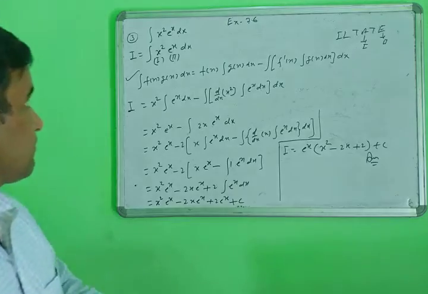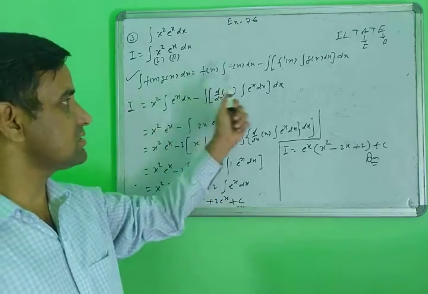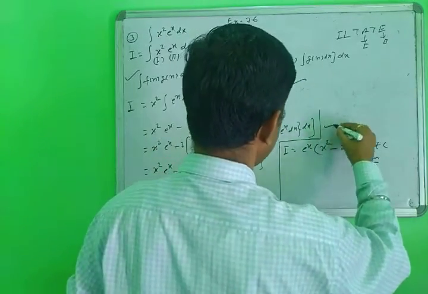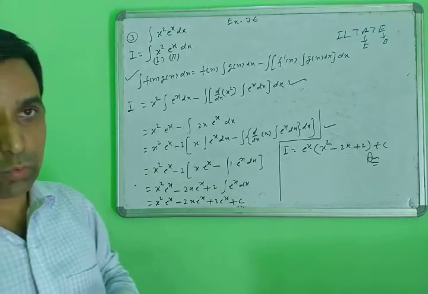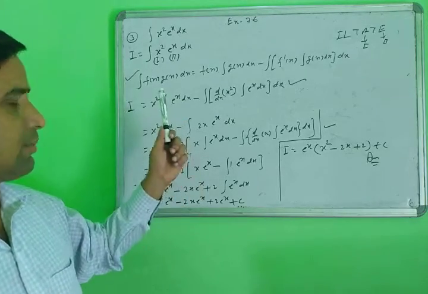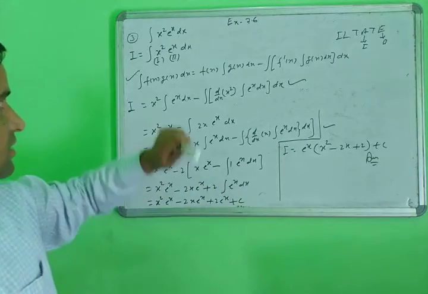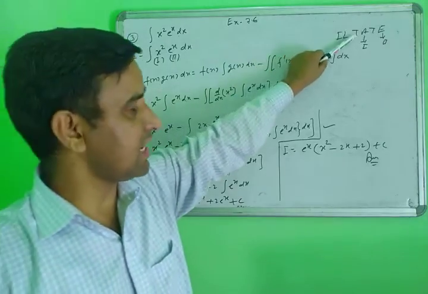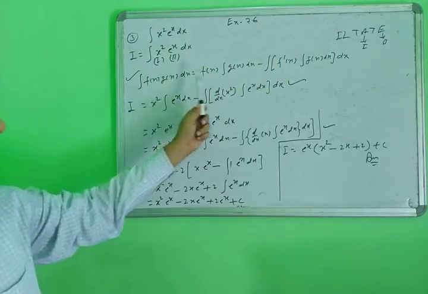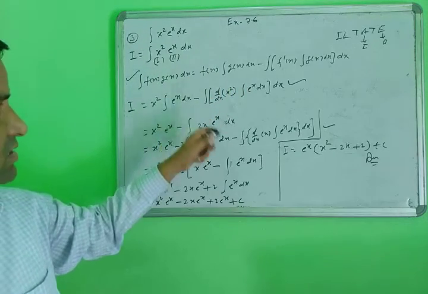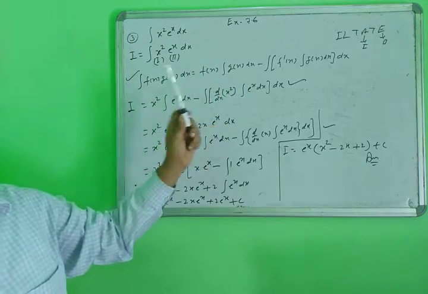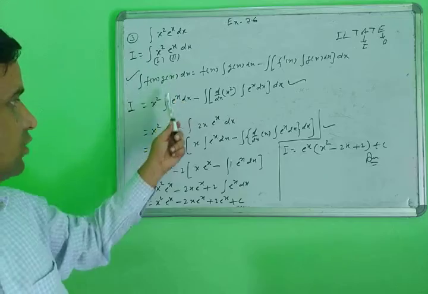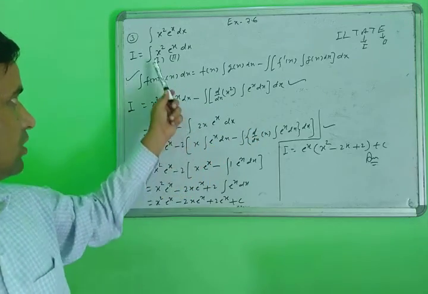Now look here. In this question you are applying the integration by parts rule 2 times: first applying here and second applying here. Suppose it is required 2 times or 3 times, then you apply it that many times. If you apply the wrong number of times, the answer is wrong. The answer becomes correct this way: first you select the first function and second function according to ILATE. Then you write the identity here to make the question easy: what is the differential part and what is the integration part. And then according to this identity you put the values according to first function and second function.